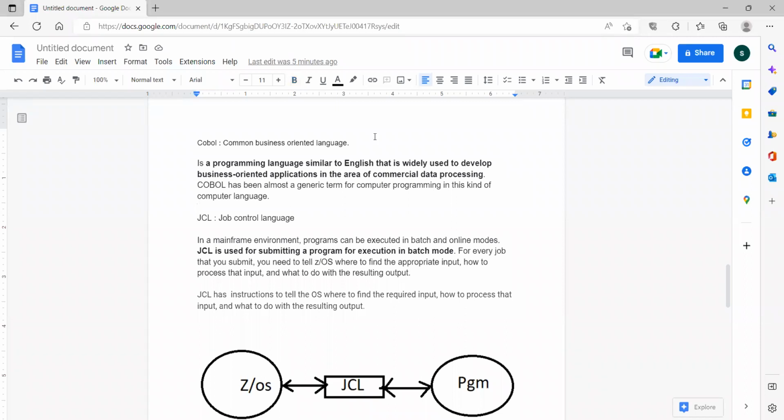So basically, in mainframes we have different streams like COBOL, JCL, DB2, VSAM, and CICS. COBOL is a programming language basically. As I said yesterday, it is an English-type language. COBOL stands for Common Business Oriented Language. You can note this down: Common Business Oriented Language, an English-type language. What we do in COBOL is basically process the data, manipulate the data as per the